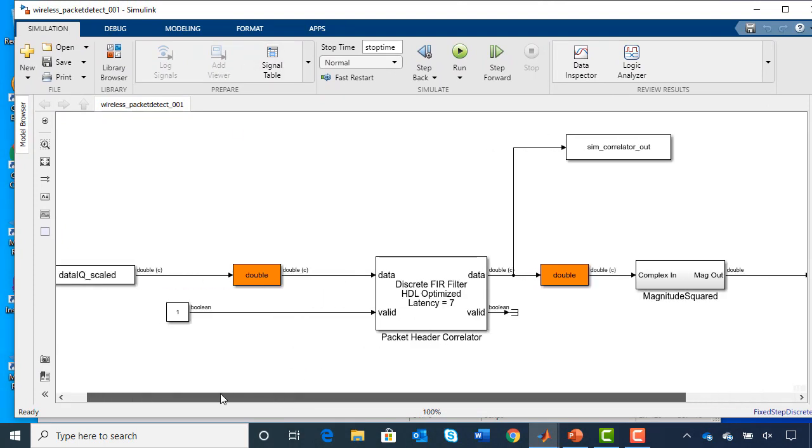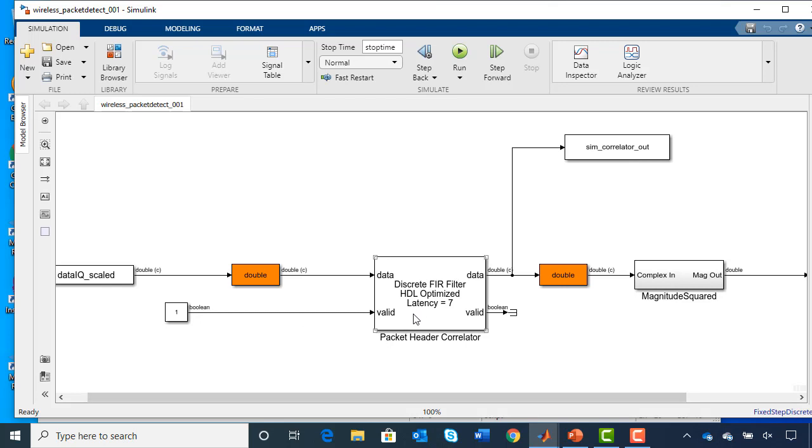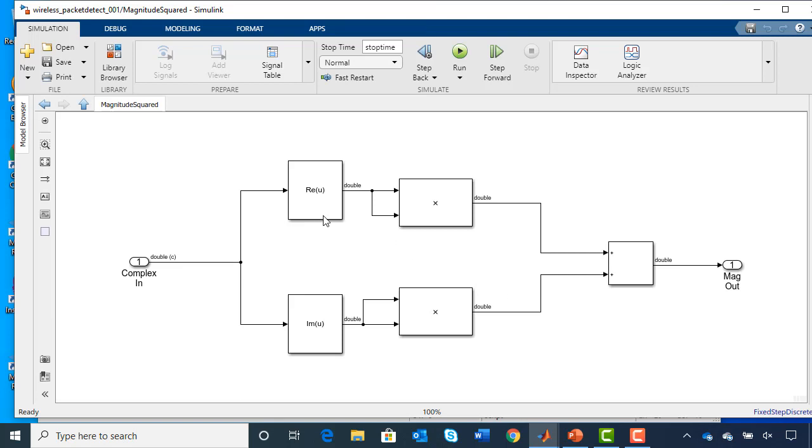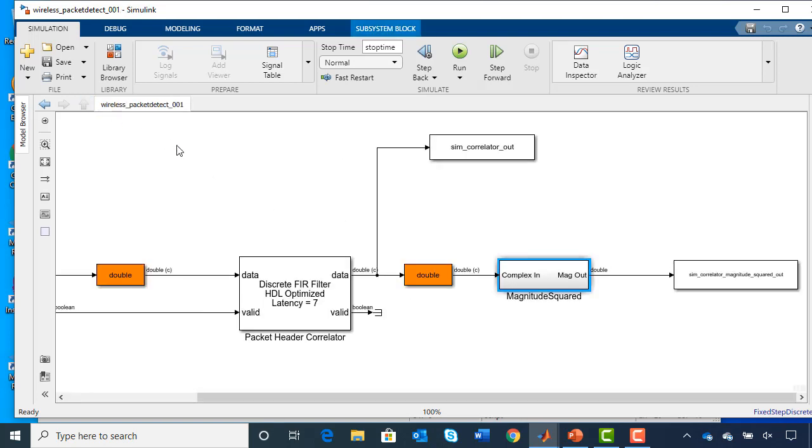So here's the FIR filter doing the matched filter. Okay, so we have an incoming waveform. In this case, you can think of from an A to D. We put it through a matched filter. Okay, and then we're going to compute the magnitude squared. So we'll square the real part. We'll square the imaginary part. And what I said here, the idea of why we call this fixed point made easy is that you really